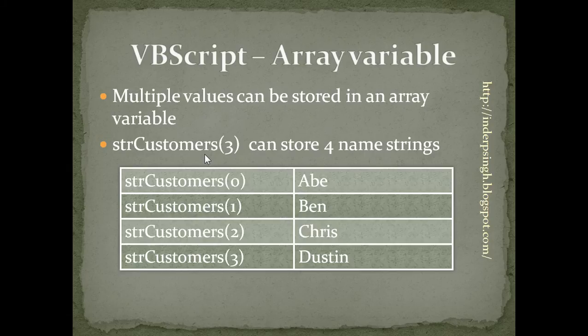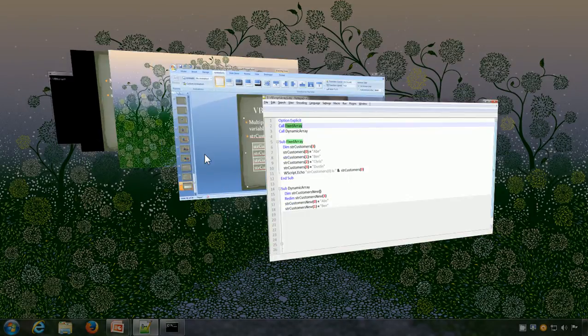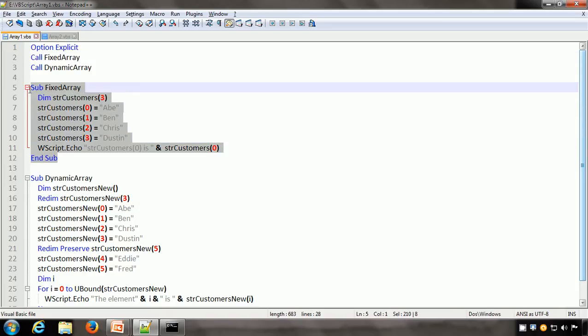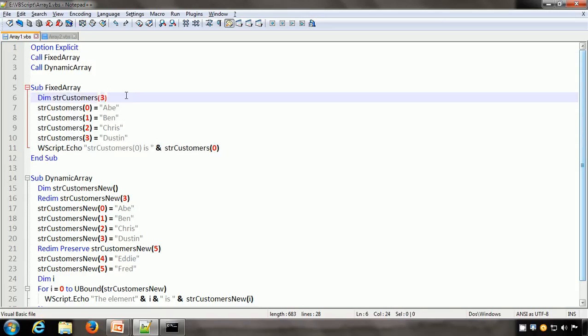So let us see how we can use an array variable by looking at an example. Here we have a script and there are a couple of calls to sub procedures. The first call is to the sub procedure called fixedArray. What is a fixed array? We'll see that in a minute. The first line of the sub procedure is Dim strCustomers(3).